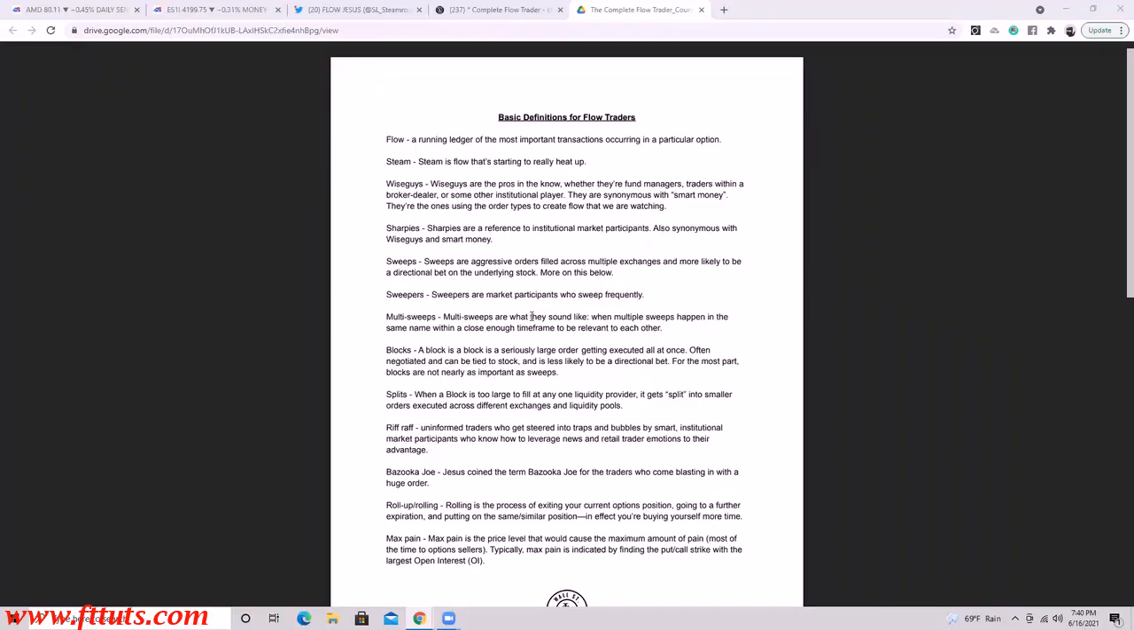And what we're looking for in a sweep, to put it into simple English and not use the technical definitions,